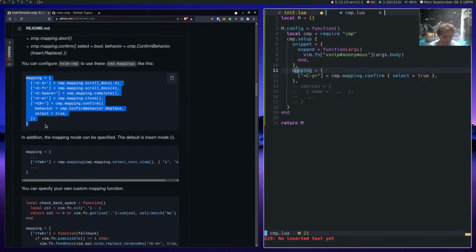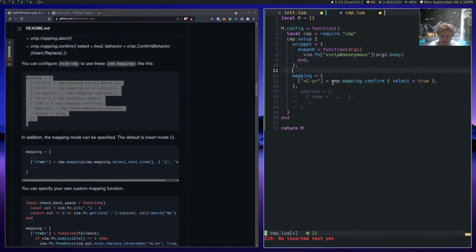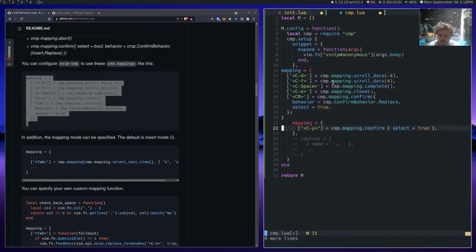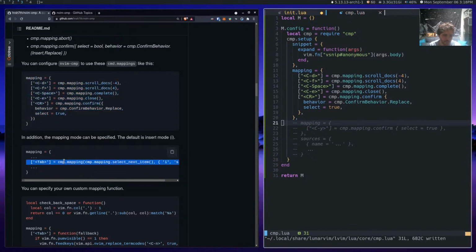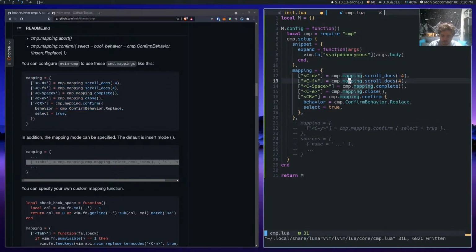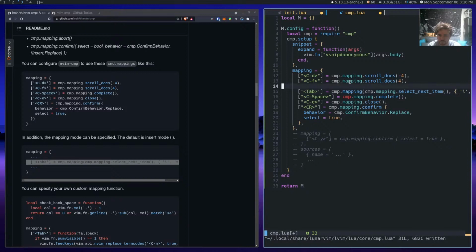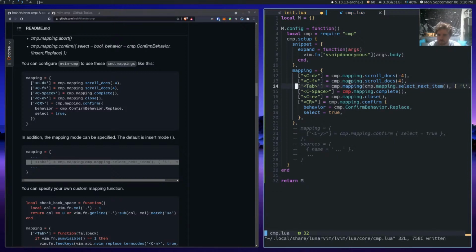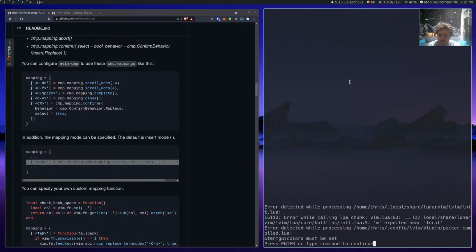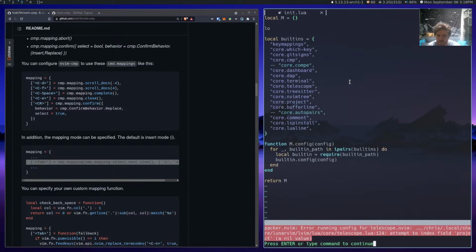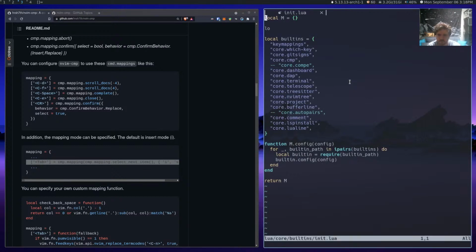add a few of these boys in here. So we got mapping here. And I don't even know what this mapping is legitimately even good for. And then let's grab our tab mapping here as well. Whatever. All right. Built-ins expected near. All right. What did we mess up? Mess up something in here?